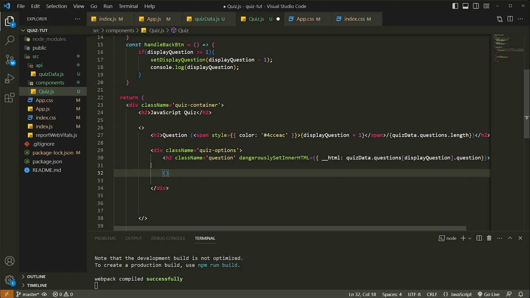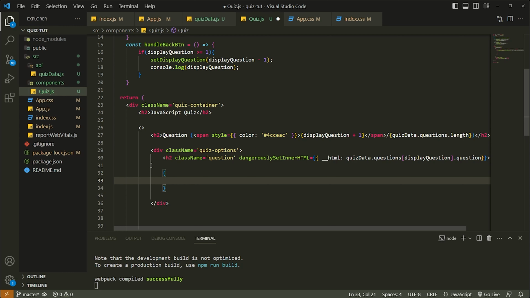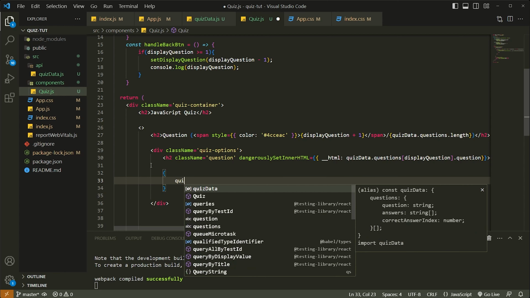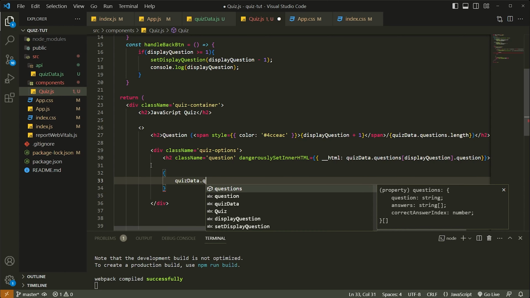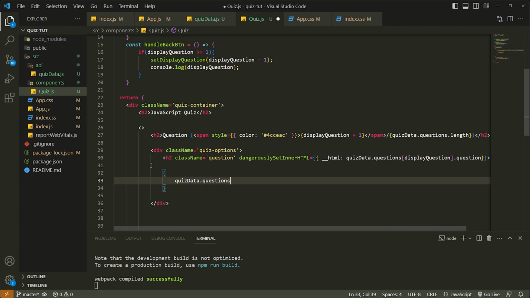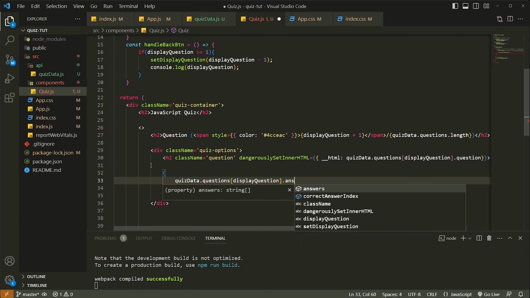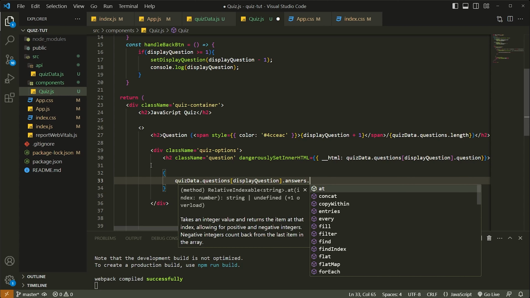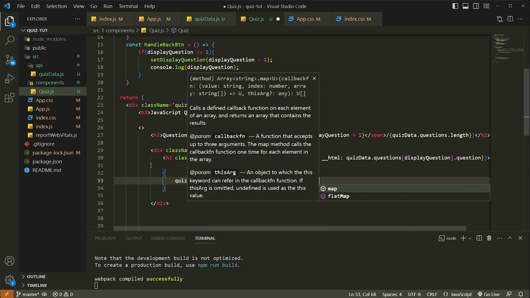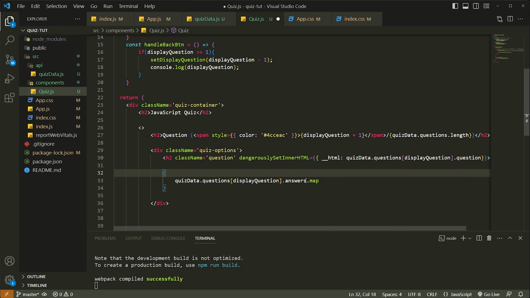So we're going to need brackets to put JavaScript in, and quiz data dot questions at the index of our display question dot answers dot map. So what this will do is map through each answer, or each option that the user has to click,